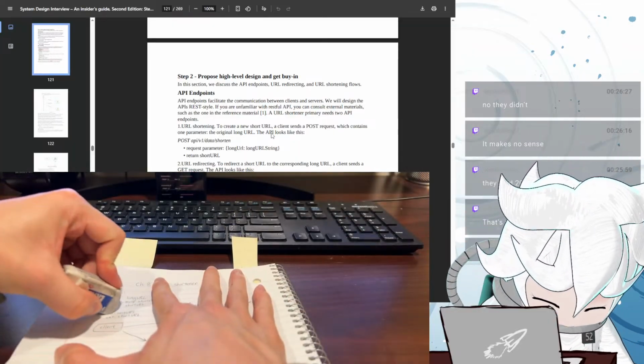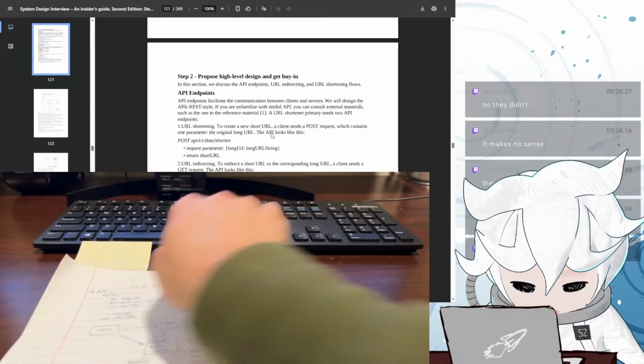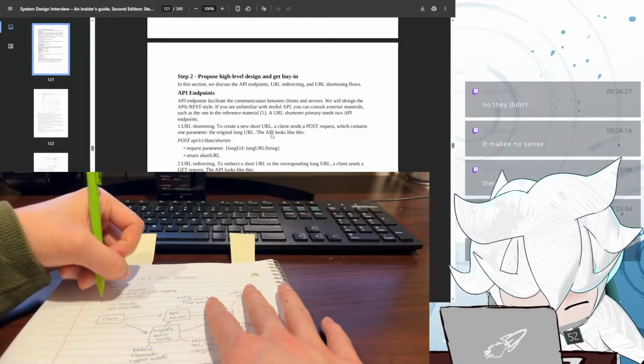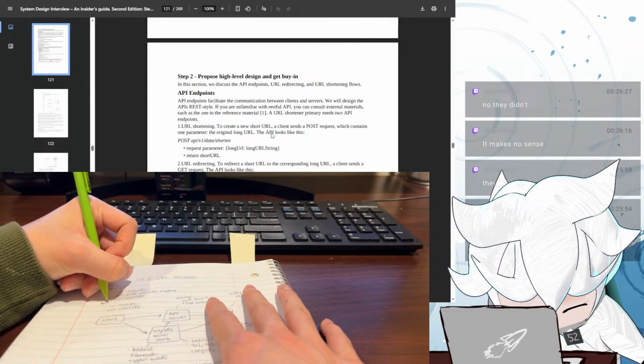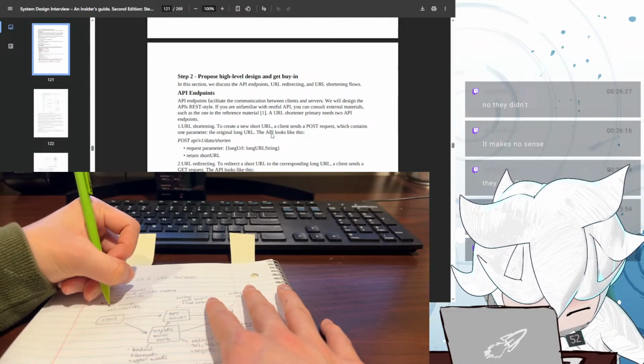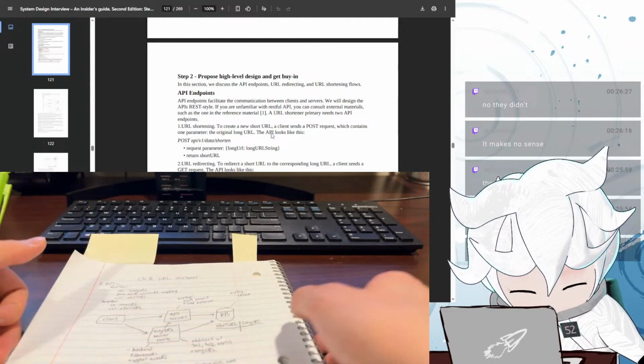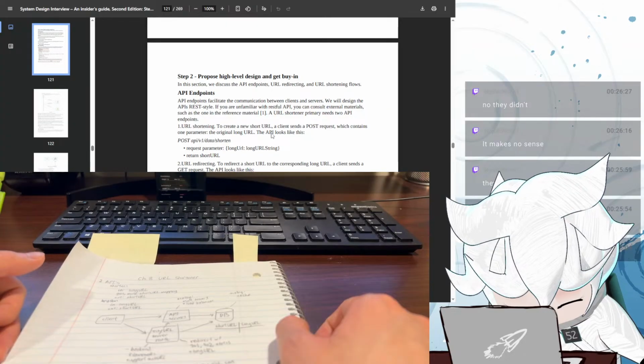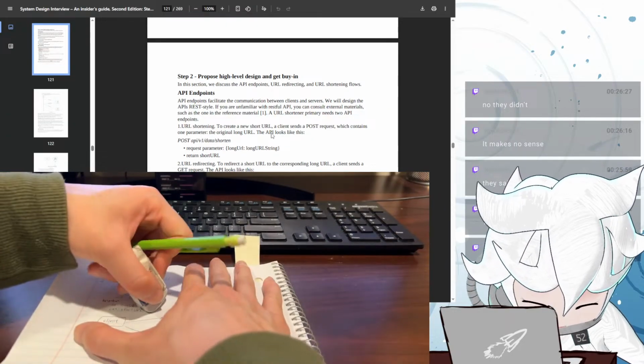Maybe I should just call this lengthen, the second API. I think I got this backwards too.